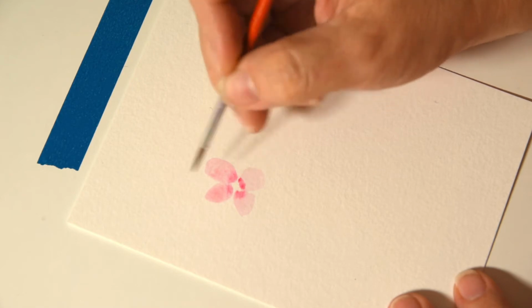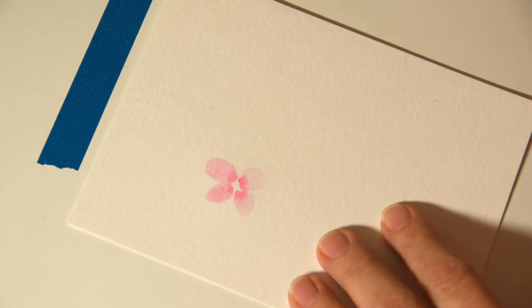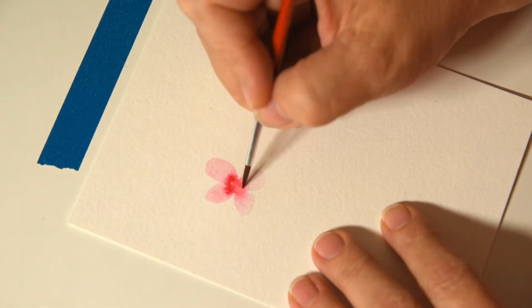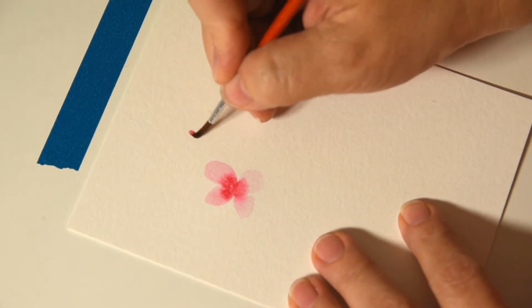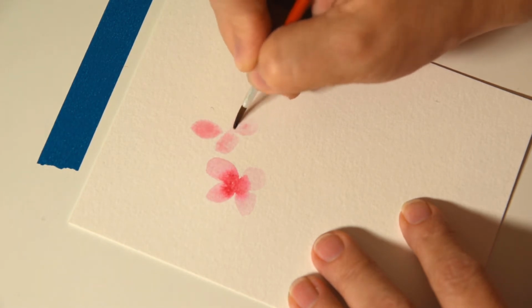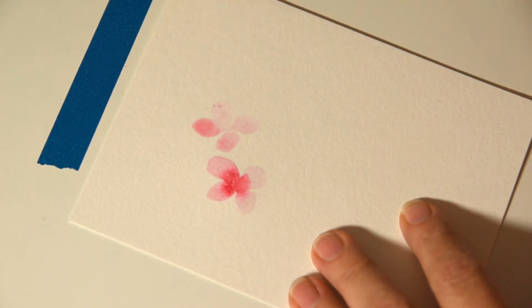So this is a really simple project. Anybody can do this. You just take your pink, whatever pink you want. I am using my Let's Make Art liquid watercolors, and they've got some really nice pinks. And then you just use a light wash to make your petals, and then you just drop in some darker color into the center and let it bleed out. And that is it. You make a petal and you drop in some water,